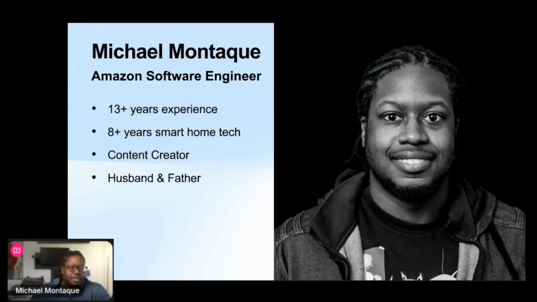All right. Small housekeeping for those of you that don't know me or have seen me for the first time. My name is Michael Montague. I'm a software engineer for about 13 years, probably 14 now. I lost track of time, to be honest. For about 8 years, I've been dabbling in the smart home tech space. It started off really simple, with just lights. I was in a small apartment. I just wanted to automate some of the lights and the fans, and started with that. Then it turned to locks. Then it just turned into so much more. It's a rabbit hole. So I feel like we all kind of go down that rabbit hole at some point.